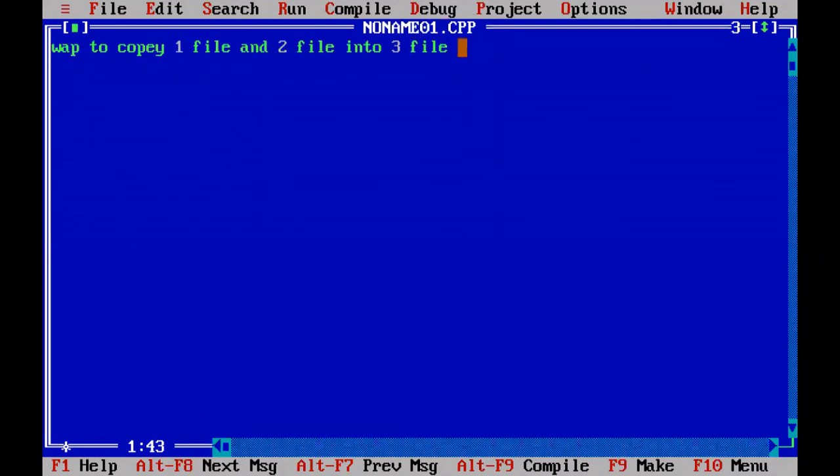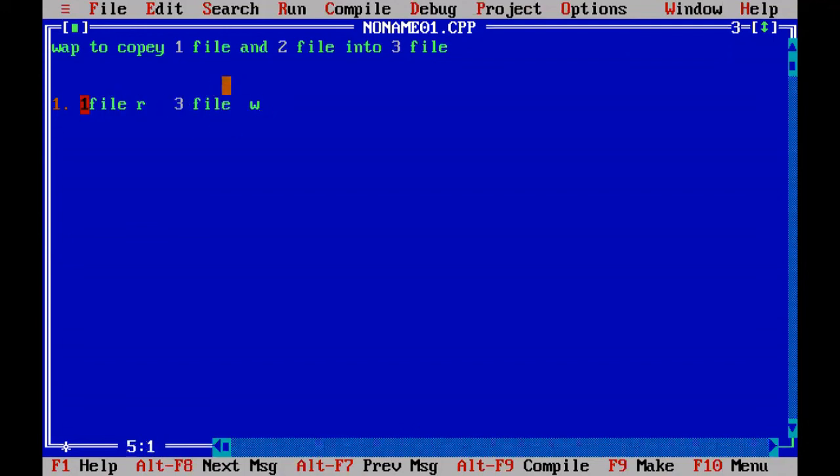That means there are 3 files. So for this, what we have to do in step 1, open the first file in a reading mode. Then open the third file. I am just giving the hint, you just do the assignment. So the first file we have to open in a reading mode, and the third file in a writing mode. Then you read one character from the first file and put it into the third file.